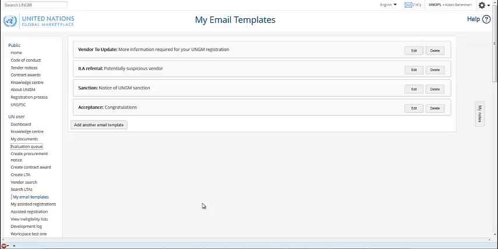One of the most common actions you might take as a UN user within UNGM is to send an email to somebody, to a vendor or perhaps another UN user. So rather than having to write similar emails over and over again, we offer you the ability to create email templates personalized to yourself. So there's a page under the UN user menu called My Email Templates, and clicking on